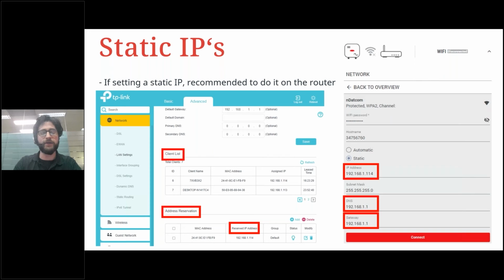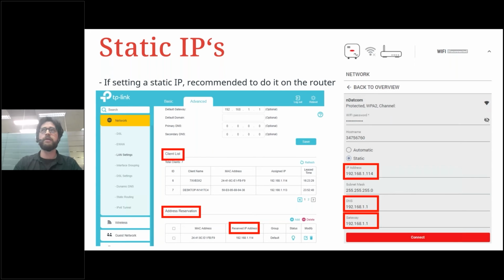At the bottom of that screenshot, it has the address reservation, which is where we're setting a static IP. So we've picked a MAC address, which is basically just one of the devices on that network. We'll reserve the IP address or set it to a static IP so that whenever that device connects to our network, it's always going to connect with that IP that ends in .1.114. Likewise, on the right-hand side, we have a screenshot from the Gen24 menu where we've set a static IP in